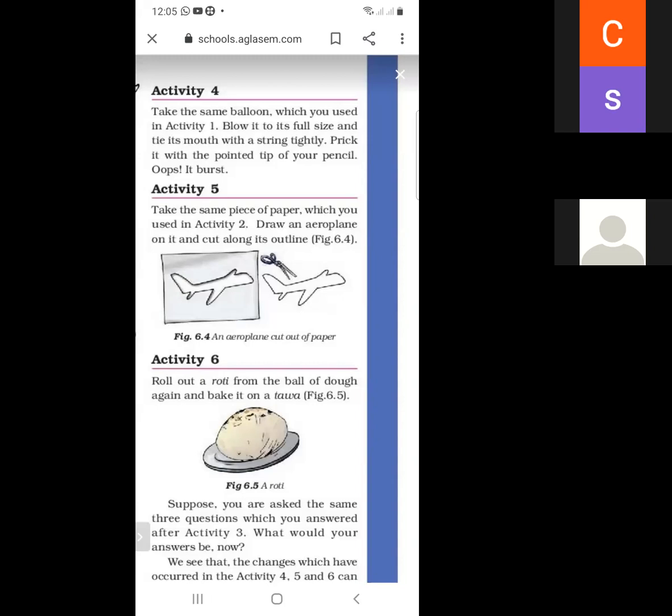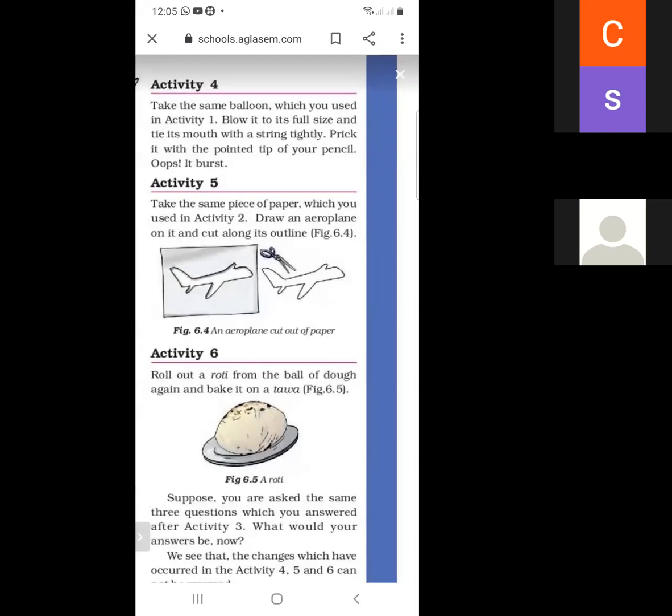Next is activity 5. Firstly, we take a piece of paper used in activity 2, and we draw an aeroplane, and then if we cut its outline, the aeroplane is made out of the paper.